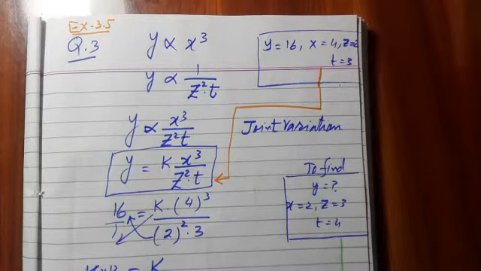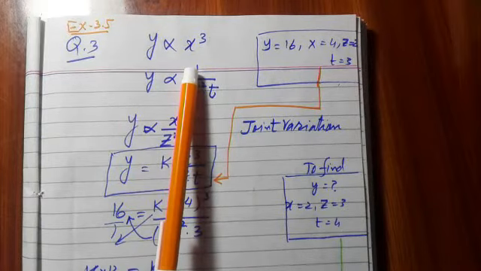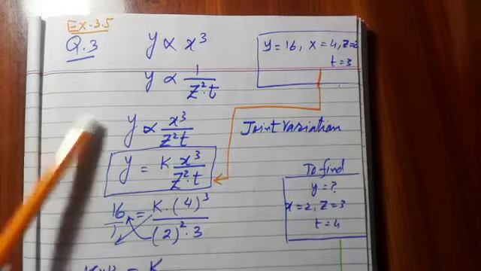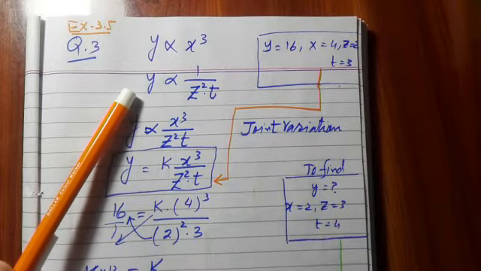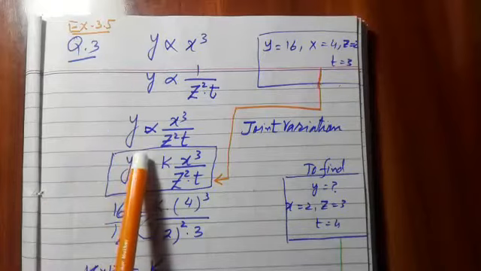Bismillahirrahmanirrahim. This is question number 3, exercise 3.5, and it is relevant to joint variations. In the statement of the question, it is written that y varies directly as the cube of x, that is x raised to power 3, and y varies inversely as z square and t. So if I join them together, then jointly I will write it as y is directly proportional to